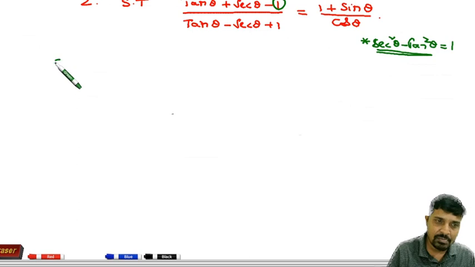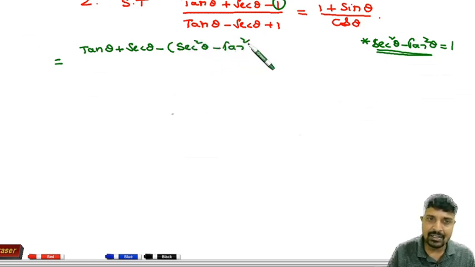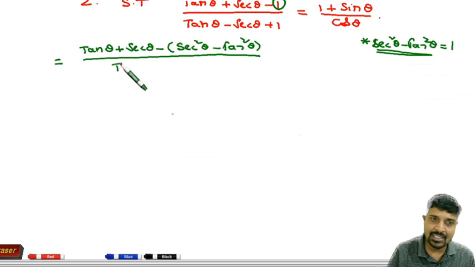So the step is going to become tan theta plus sec theta, in the place of 1 I am writing sec square theta minus tan square theta, over the denominator which is unchanged,